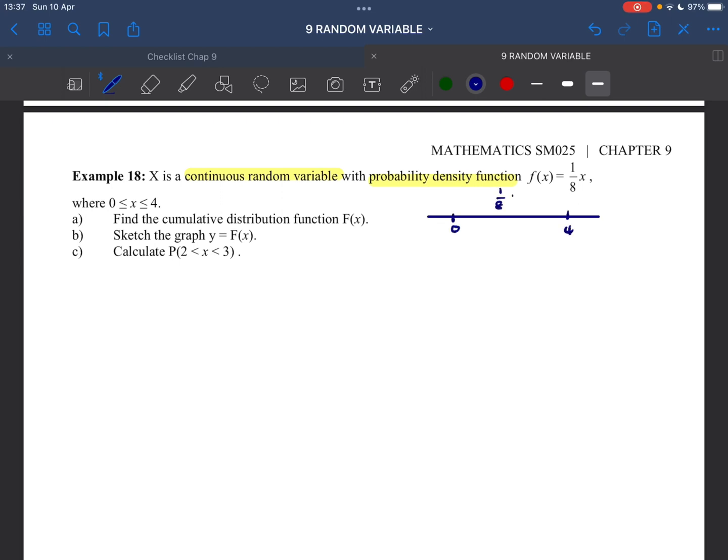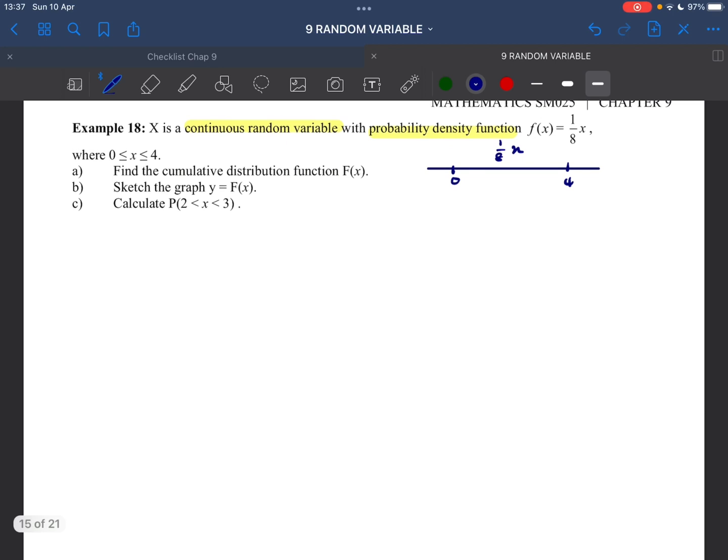1 over 8x is for x between 0 and 4. So the first question asks us to find the cumulative distribution function. Okay, so now question A. What we have to do is take from negative infinity to 0 first. Okay, so negative infinity,